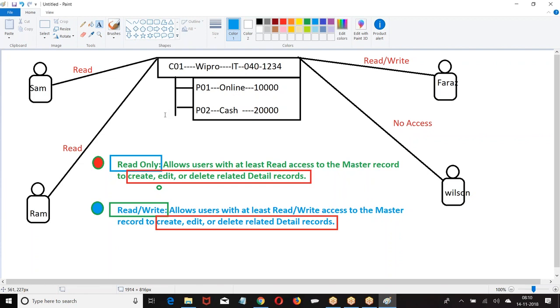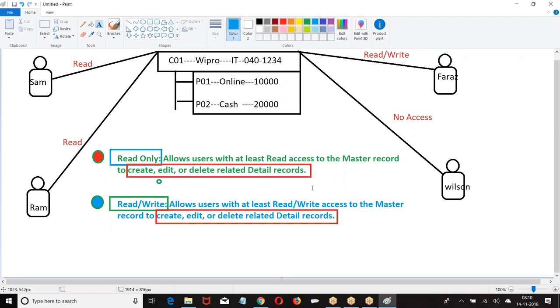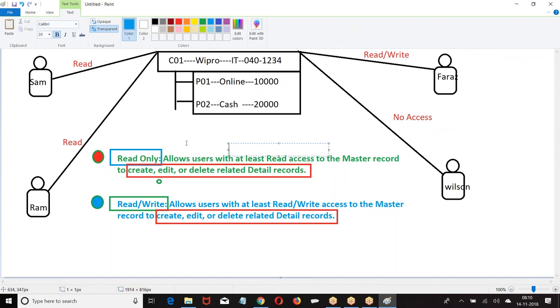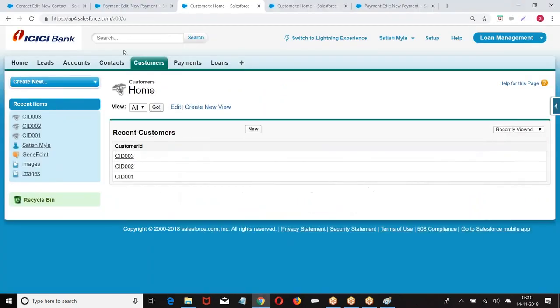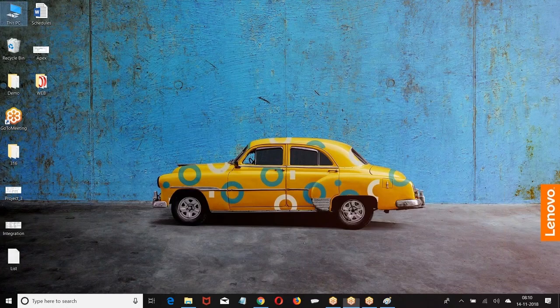Now when you choose master detail, what is the first thing I have to choose? Select your parent. Then enter the field details, allow reparenting, sharing setting, lookup filter, next, and save. I hope you are good with this. Okay. Now look at the point. Now the question is how many master detail fields can we create? Let me go back.